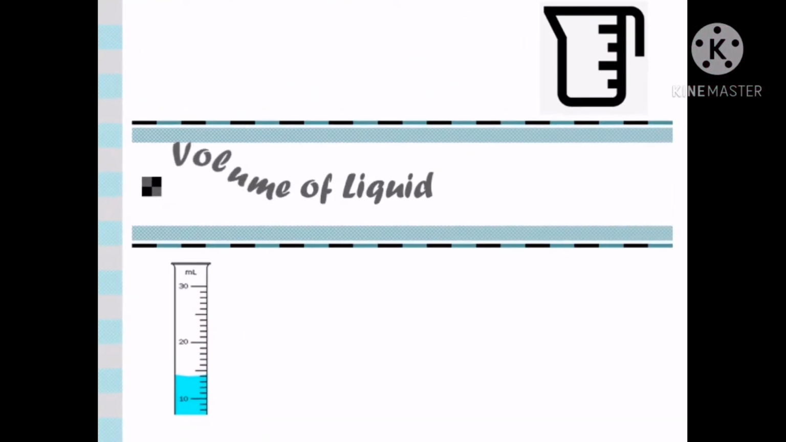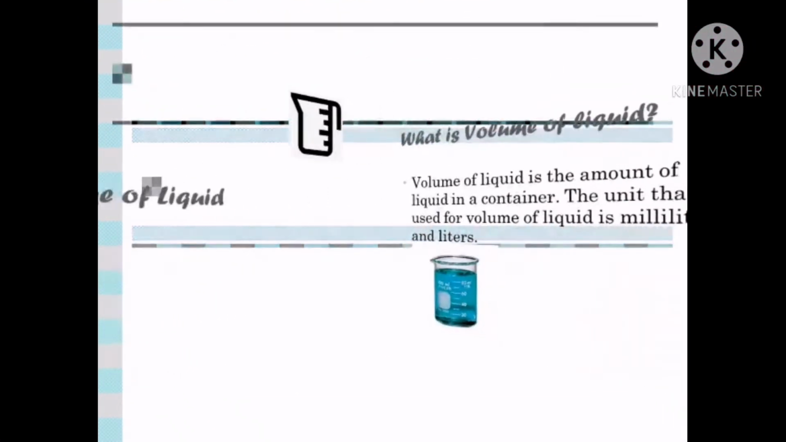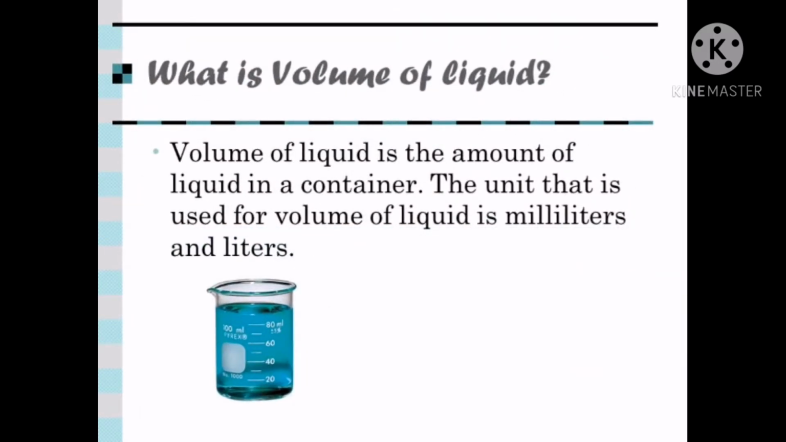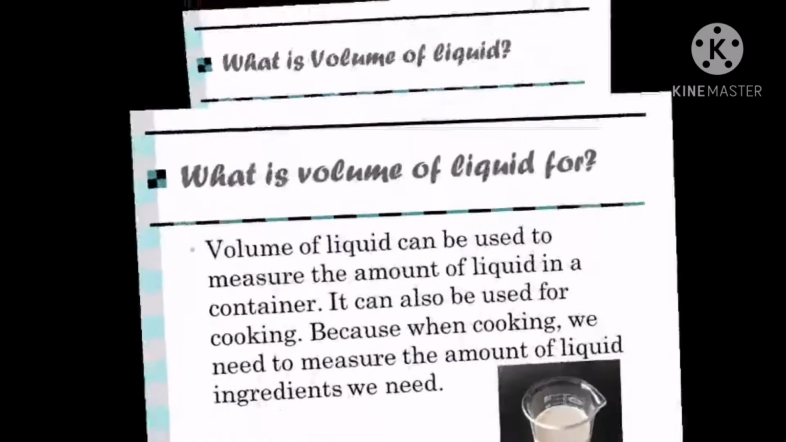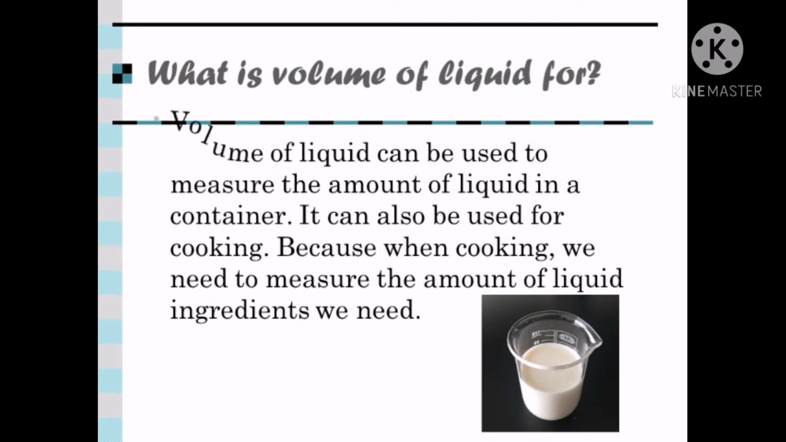Now we're on the next one, volume of liquid. What is volume of liquid? Volume of liquid is the amount of liquid in a container. The units that are used for volume of liquid are milliliters and liters. What is volume of liquid for? Volume of liquid can be used to measure the amount of liquid in a container. It can also be used for cooking, because when we cook, we need to measure the amount of liquid ingredients